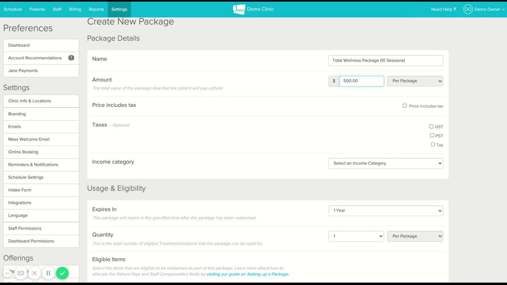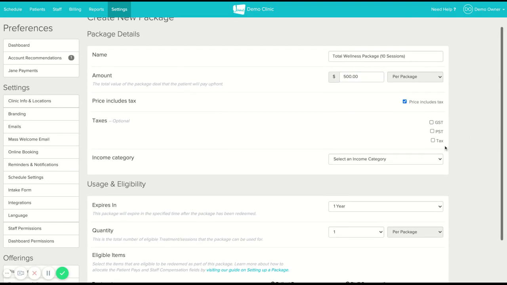Alternatively, you can also sell a package so that patients will pay as they come in. And in this case, you may not wish to charge them anything upfront, but then bill them for a discounted rate for the individual appointments as they come in. So both options have slightly different receipt preferences, and we do have a separate guide for that if you're interested. For the time being, I'm just going to go ahead and specify the amount to be $500 here.